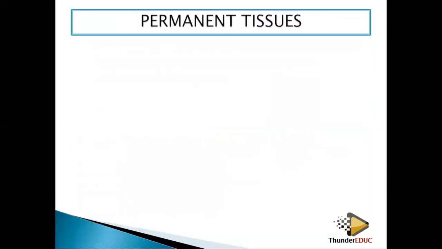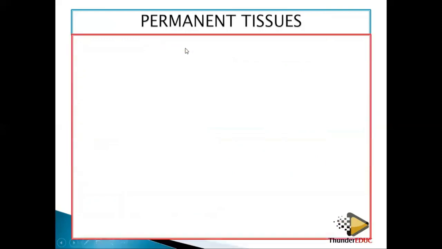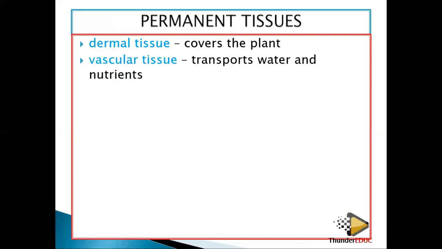So what about permanent tissues? When you look at permanent tissues, these ones can't modify. Dermal tissue covers the plant. It means that it is at the outside part of the plant, that's why it's dermal. Dermal means it's like a skin. Then you have the